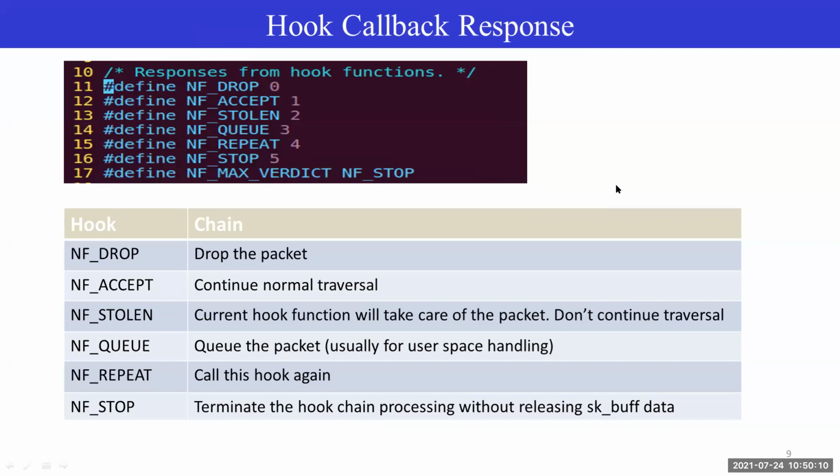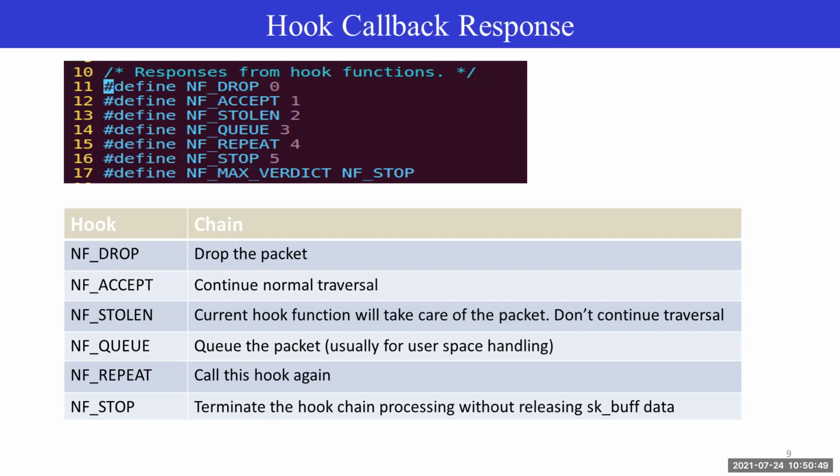So as we were saying, the NF_QUEUE is for that part. The repeat is very complex in the sense that it can put the system in a deadlock or stall kind of situation, because if you are returning NF_REPEAT, that means that hook point will be called again. So be careful about doing that. I have not seen NF_REPEAT used in a callback function very frequently. So please return it very carefully.